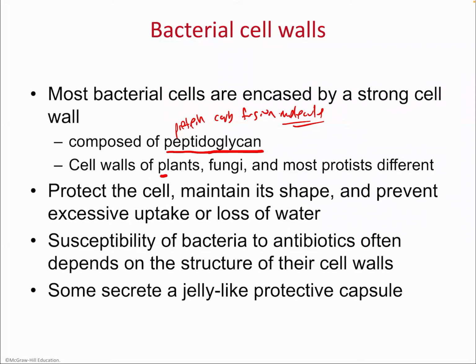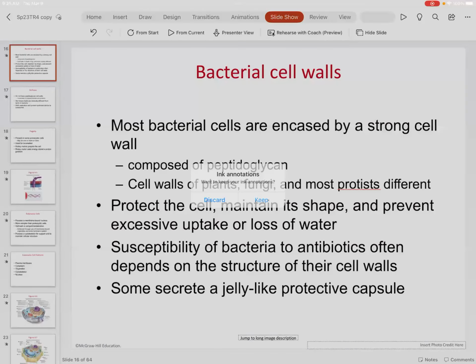So plants are composed of a structural carbohydrate and fungi as well. So what were the two? The first one is cellulose. So basically plants are made out of cellulose, and fungi is made out of